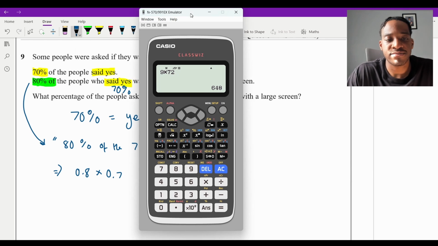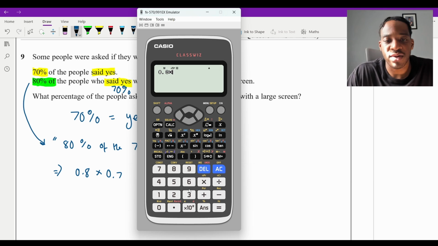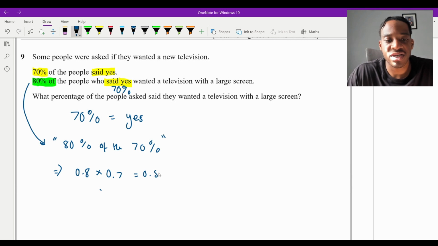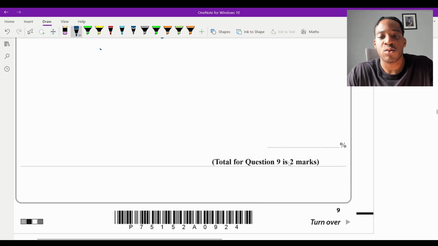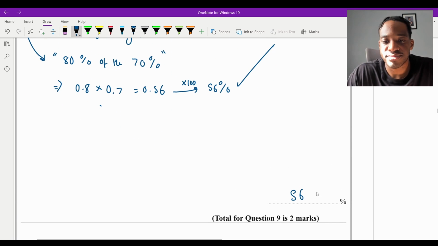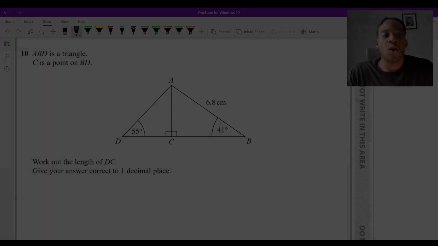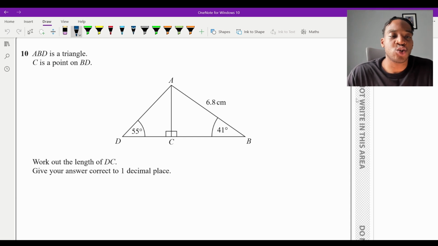Put this in my calculator. 0.8 times 0.7 is 0.56, isn't it, to be fair? Yeah, 0.56. And the question asked us for the percentage, so we need to times by 100. So I'm going to times this by 100, and this will give us 56%. So it's just 56%, and that will give you the 2 marks. And that's it. Okay, so question 10 says ABD is a triangle, C is a point on BD, so C